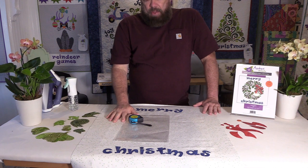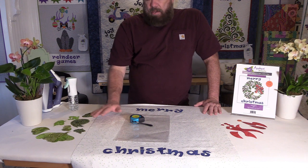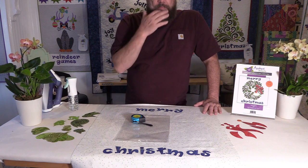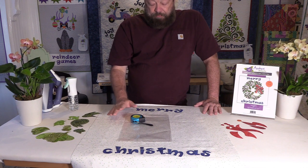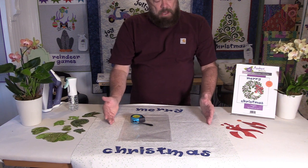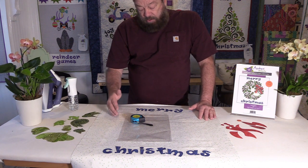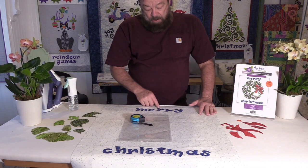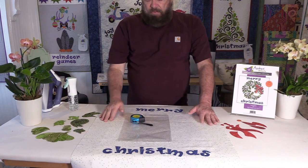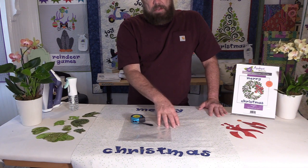You can see I've done a couple things in the interim. I have my paper pattern on the ironing surface face up, and I ironed that with the ink side up so that I could get the wrinkles out of it. I've also placed my background fabric over top of the paper so that there's a 3.5 inch border from the paper itself out on the sides, and from the top of the writing up and the top of the writing down. So when the piece is finished, it will have approximately the same amount of space all the way around it. In other words, I've centered the paper